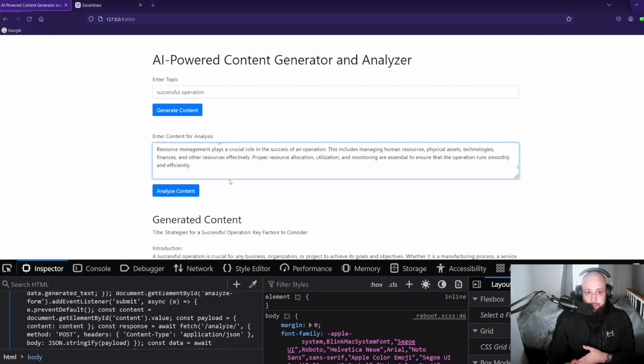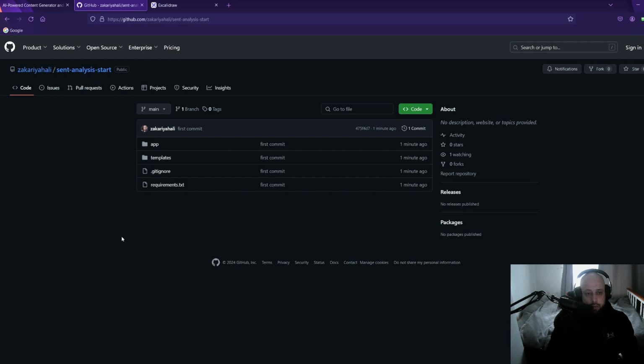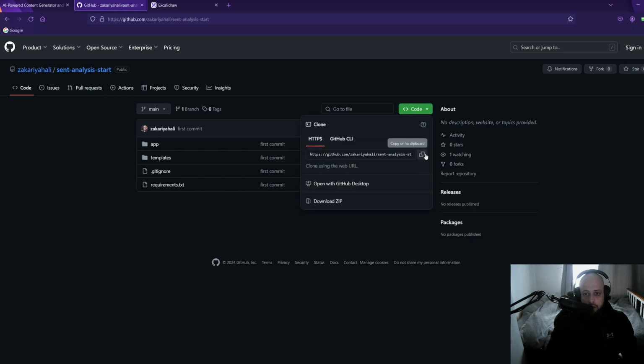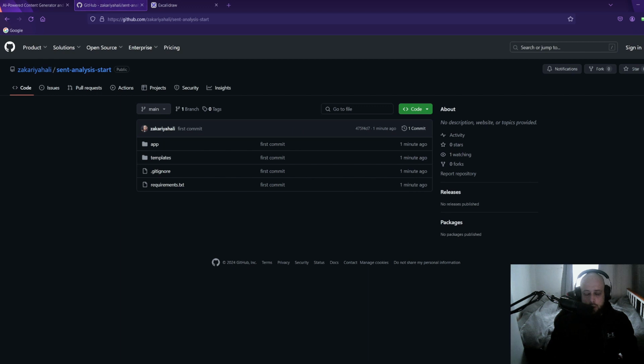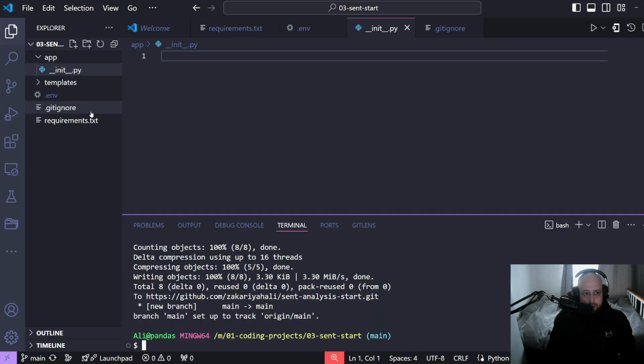You want to go to this particular GitHub repo; it'll be the first link you see under the project. Go and clone the repo: copy the URL, go into your working directory and git clone this link. We start together with the same file structure that you can see on the left-hand side in this video. After you have done the git clone, you will have the app folder, the templates folder, and